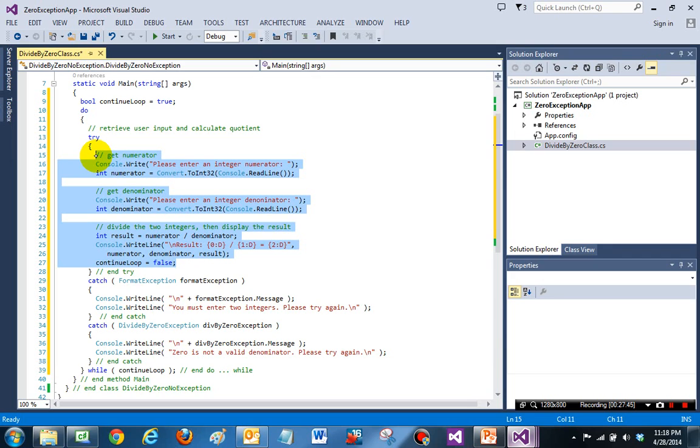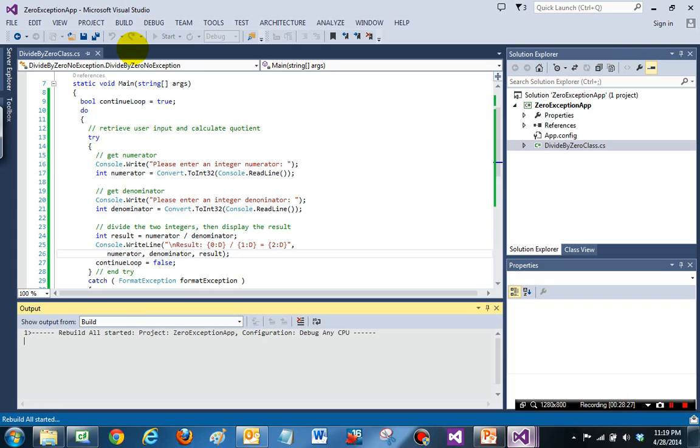And in general, in programming, any code segment that can possibly throw exceptions, in other words, that possibly can cause problems if something is wrong, we typically place within a try block, followed by one or more catch blocks that catch the various errors that can happen, and handle them. In other words, they do something about it. At the minimum, they inform the user and typically offer another try. So let's save our program like this,